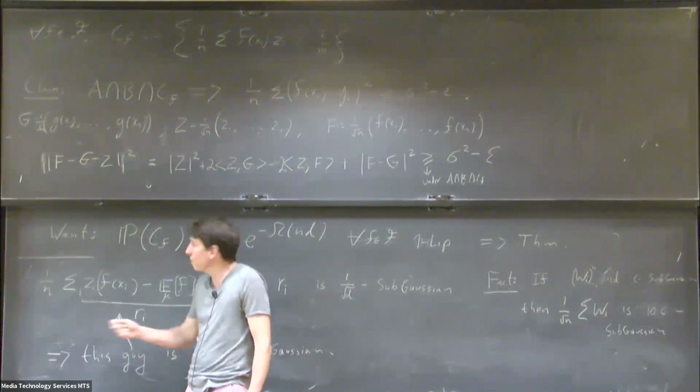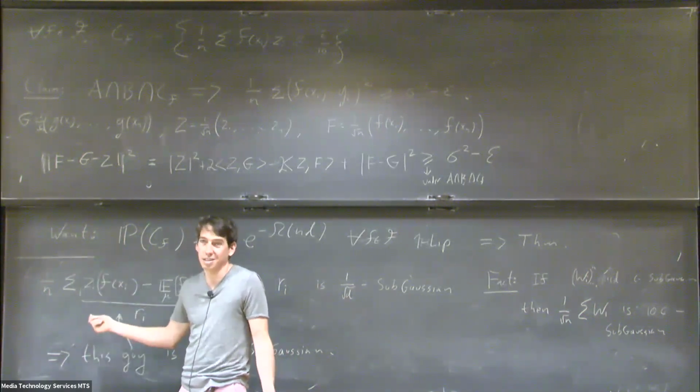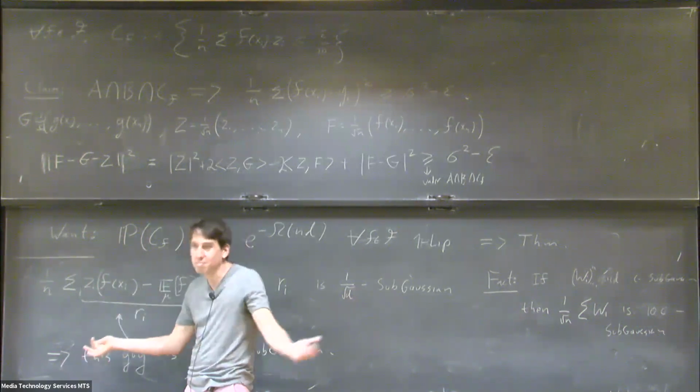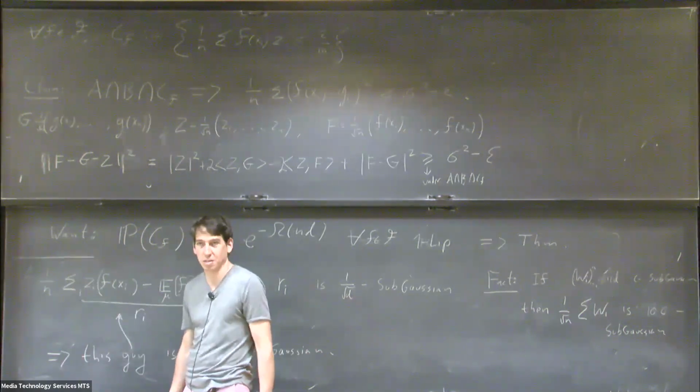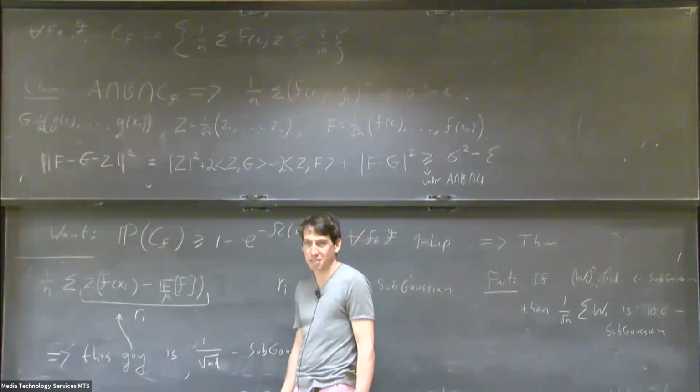So even if you choose something between -1 and 1 adversarially, and you multiply it by a sub-Gaussian thing, you're still sub-Gaussian. In fact, you only improve the